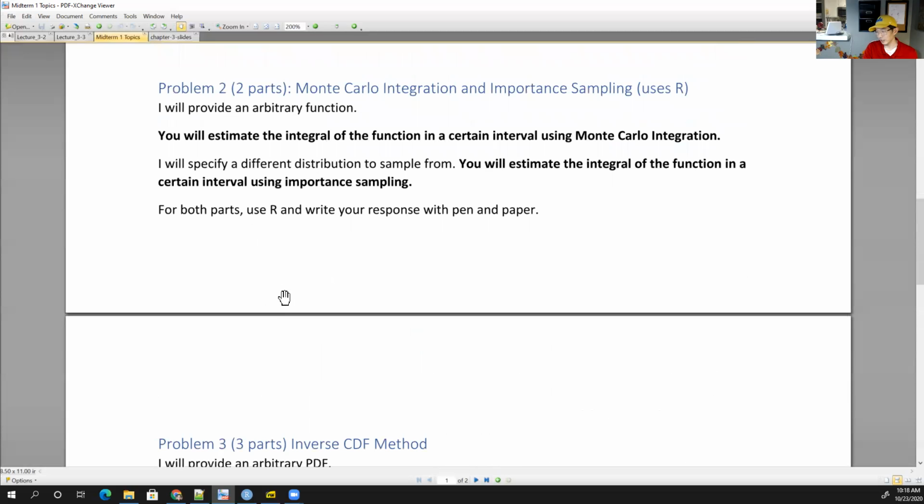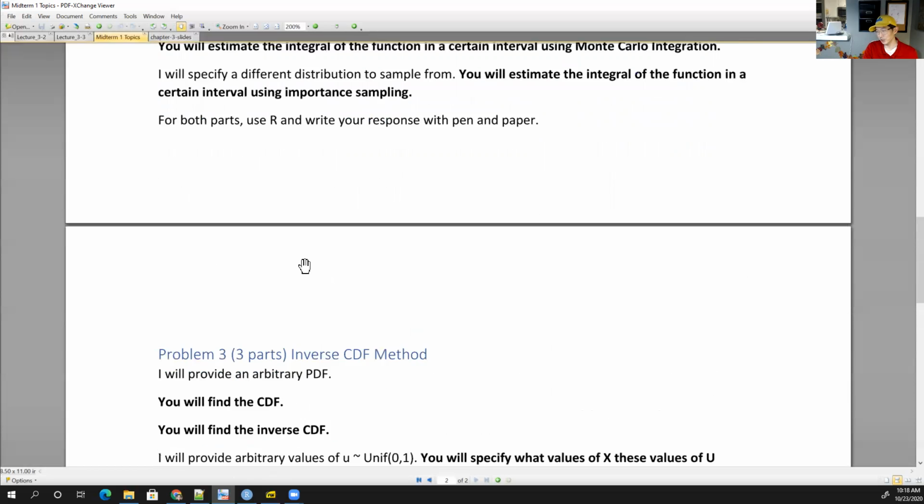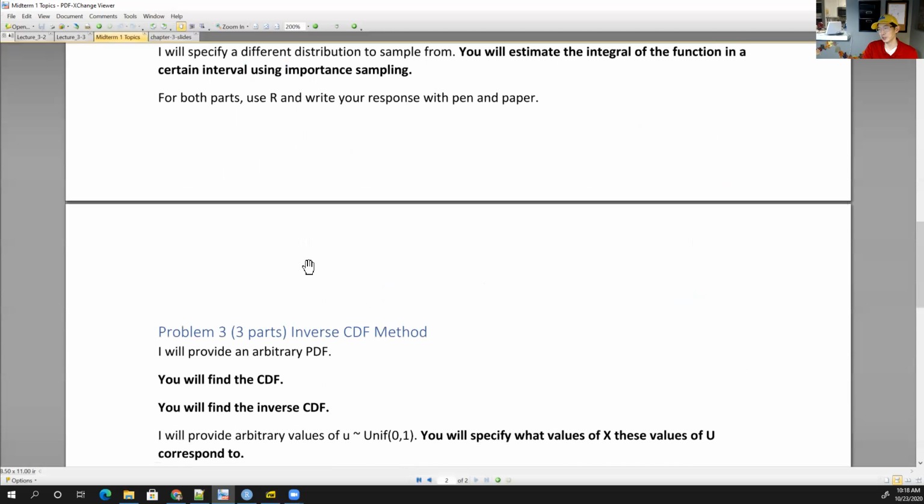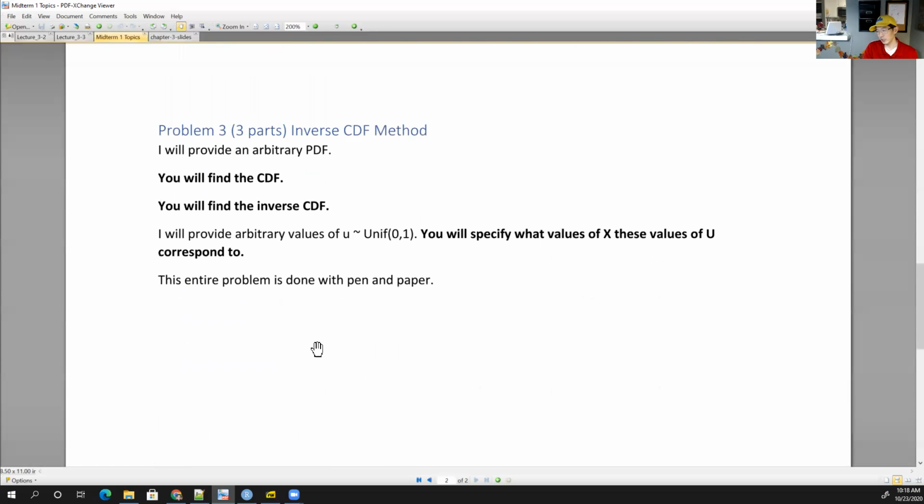I don't know. I might put these in a different order. Okay. These will be the 3 problems, but they might show up in a different order. Okay. Last one, I'm going to provide an arbitrary PDF, and you will find the CDF. So you've got to do some integration there. And then you'll find the InverseCDF. So that's